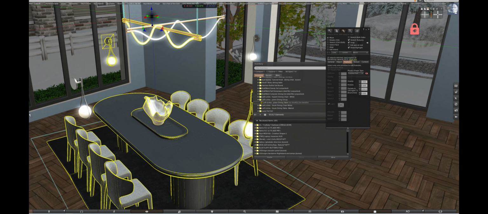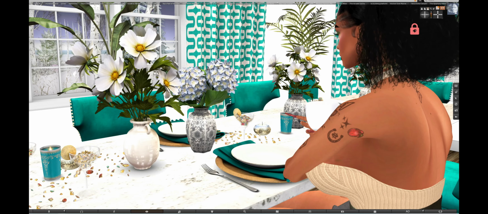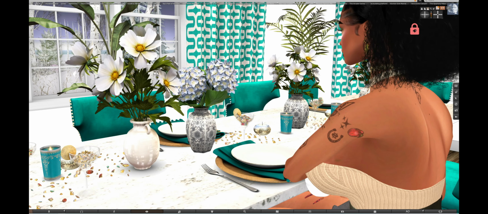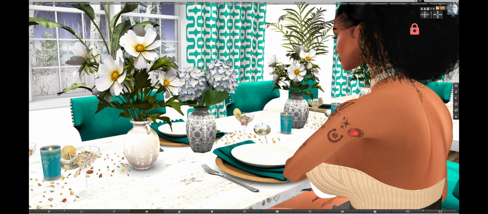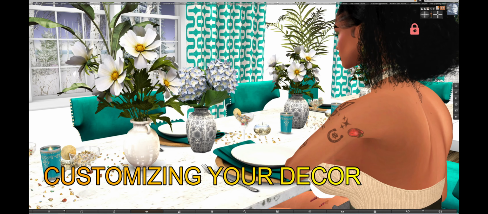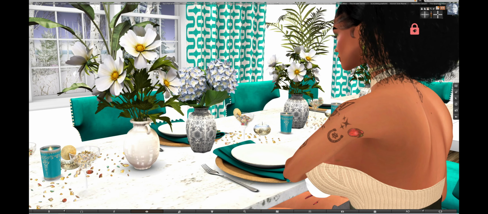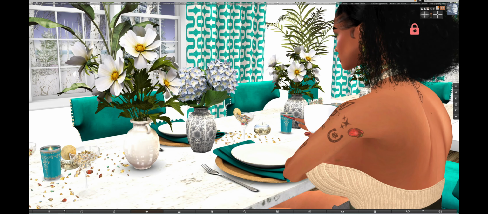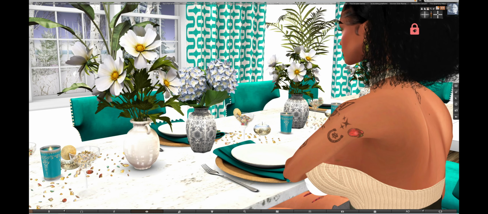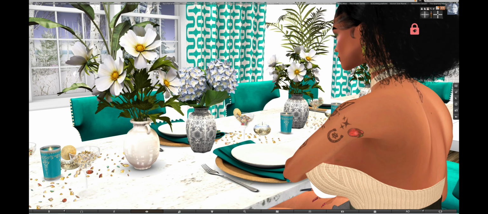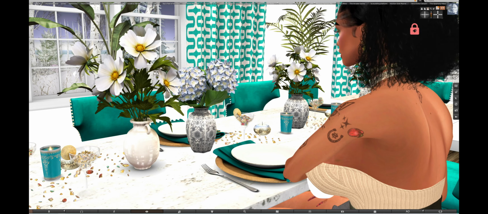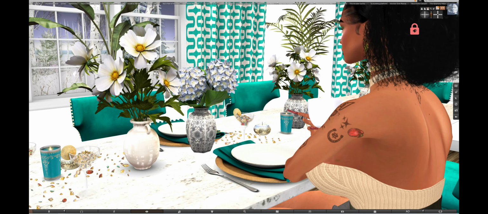And that's that. Okay guys, you knew I was going to save the best for last, and this is probably one of my most valuable decor tips that I can share with you: making custom flower arrangements, place settings, and furniture. I'm going to demonstrate the flowers, but you can apply this and let your imagination go wild on different things. I've done chairs, I've done sofas, I've done place settings, but this is what's going to set your furniture apart from anybody else's on the grid without obviously being a thief, like a copy bot or manipulating the mesh, which you should never do,